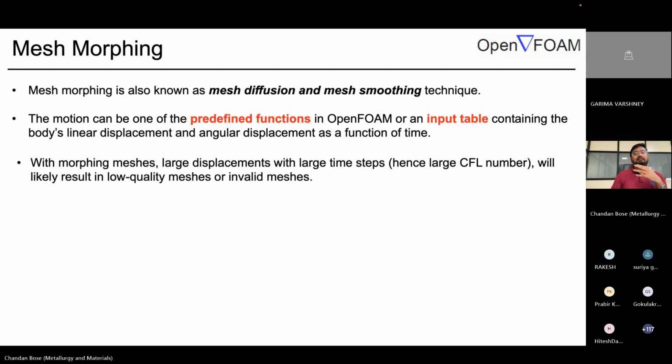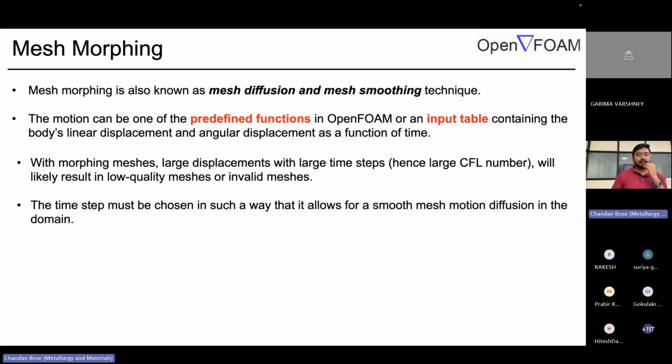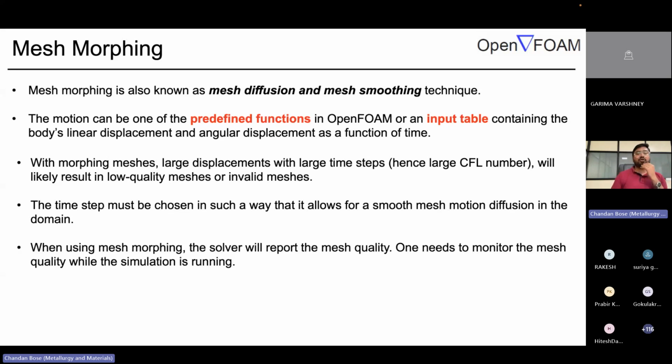Now, I've already said that with morphing meshes, large displacement with large time step will likely result in very low quality meshes, or you will get negative cell volume errors in that case. And we have to tweak the time step accordingly to get a considerable range of CFL number. And we have to see that the maximum CFL number should not exceed the convergence criterion of the CFD schemes that you are using,